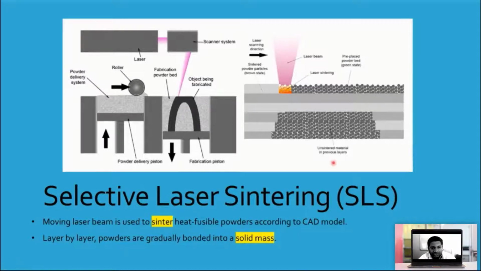So in order to create a shape, platform number one goes up, the powder goes up. Then this roller is going to push the powder into the platform number two layer. When the powder comes here, the laser will do the sintering process. Then the laser will switch off, the roller will go back, and this piston will go up. The extra powder is then pushed onto the second layer. Then the laser will again do the sintering process. So this is how selective laser sintering occurs. Let's see a video and visualize how the laser strikes and creates a solid pattern.